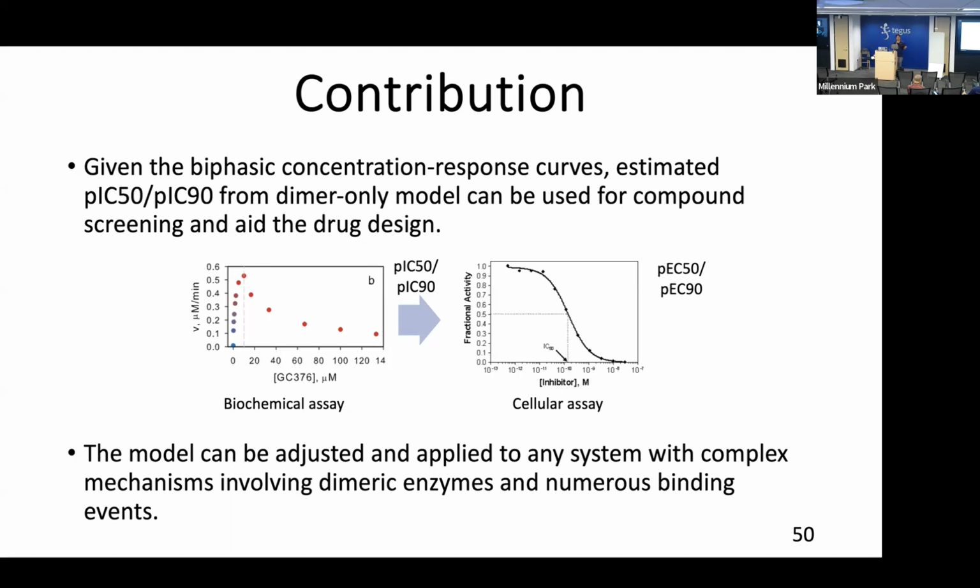And this could be used beyond this particular consortium by other groups that are trying to find inhibitors of MERS coronavirus, or any other protein really, that has a biphasic curve in which the physical justification for that matches our model.